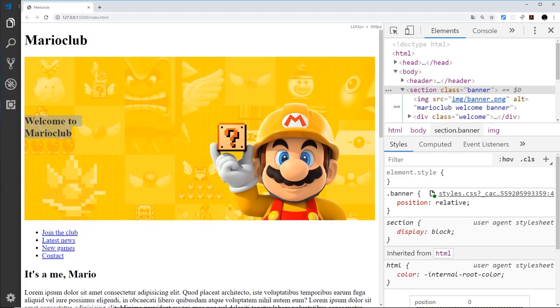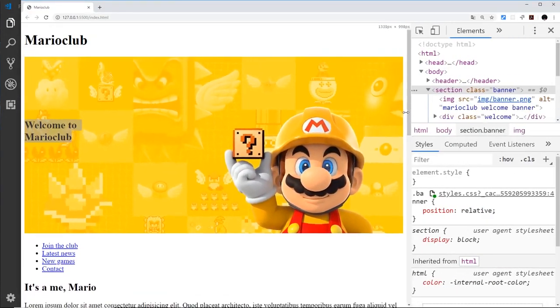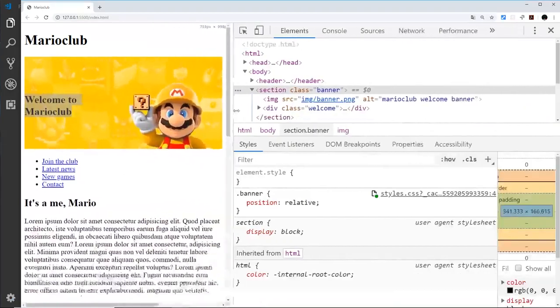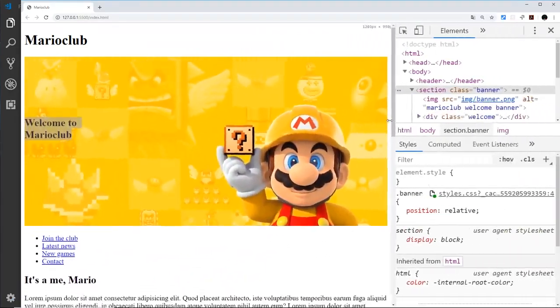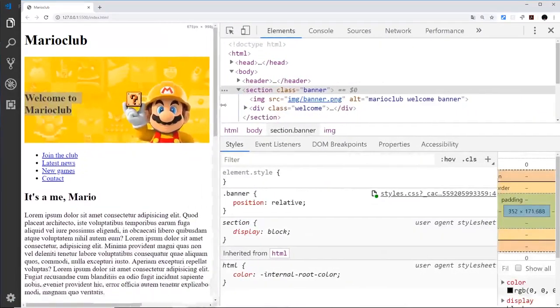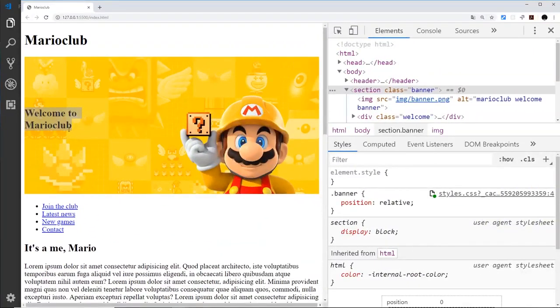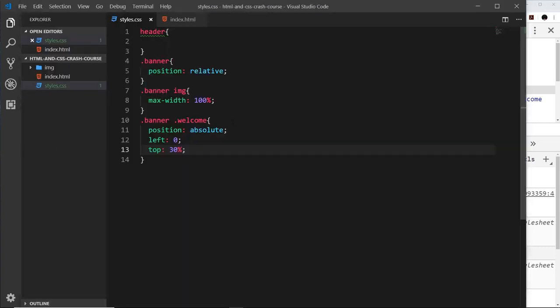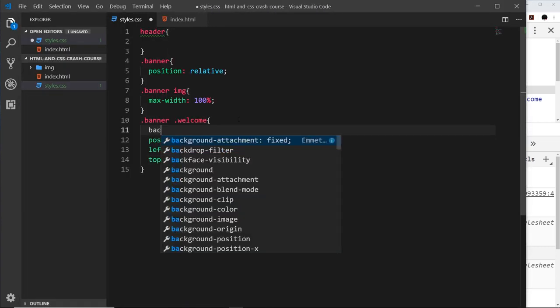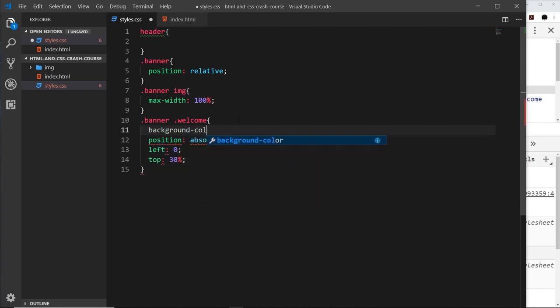So now it's 30% from the top, but as the banner itself gets smaller and larger, it kind of recalculates itself so that it still fits in the banner. That's using percentages, okay? Okay then, so I'd like to apply some extra styles to this to make it look a bit better. So let's go over here and first of all give this a background, and this is going to be a background color of